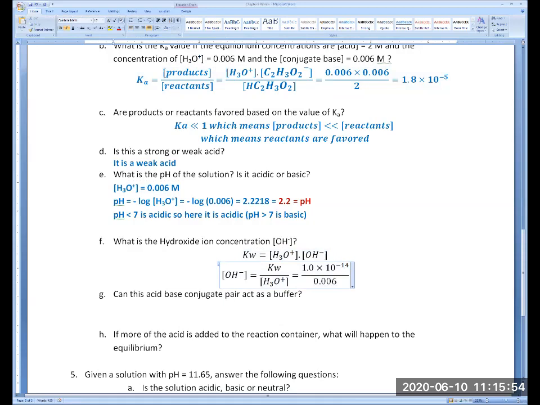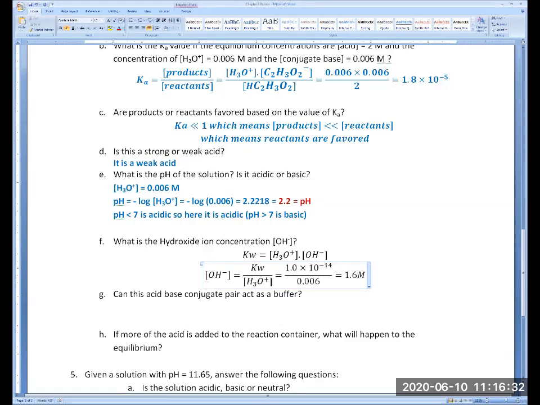OH minus is a concentration and it has a unit. Even though K has no unit, H3O plus has a molar unit, so the concentration of OH minus will have a unit of molarity, capital M. So let's do that in the calculator. 1.0, the EE key, negative 14 divided by 0.006 equals